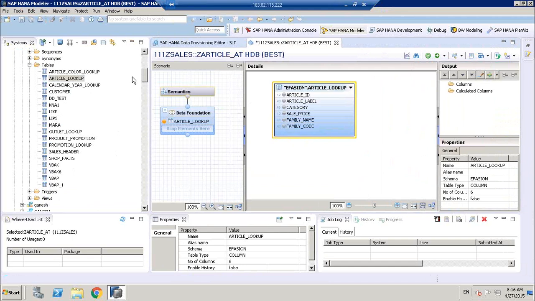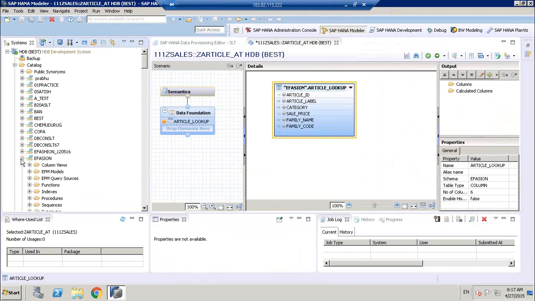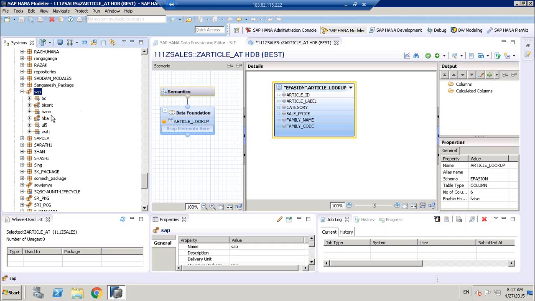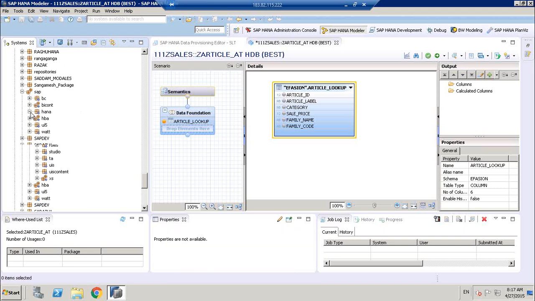So we have HANA Live. When we go for HANA Live, whatever the standard master data, those will be provided by SAP itself. We are not going to replicate only tables, and we are not going to replicate any data source, but we have an option of getting all the data sources from BODS, right? So when we go for the package SAP, and here under HBA, we have different